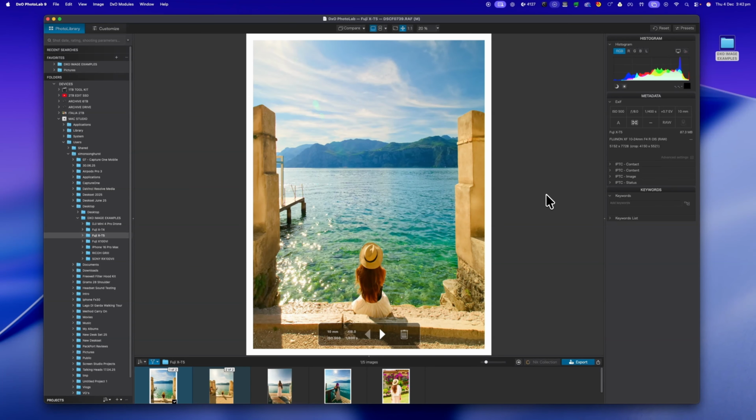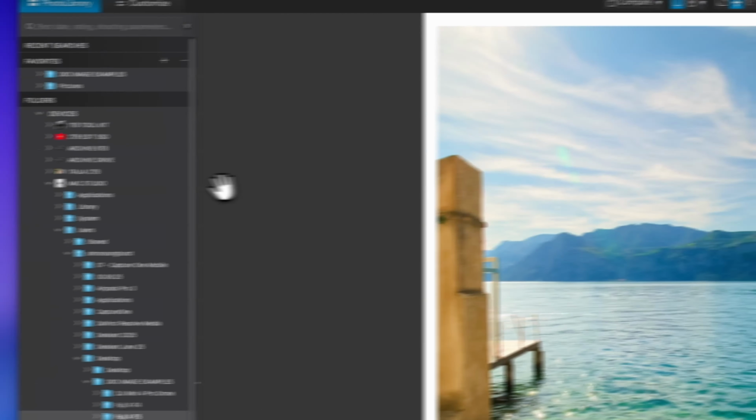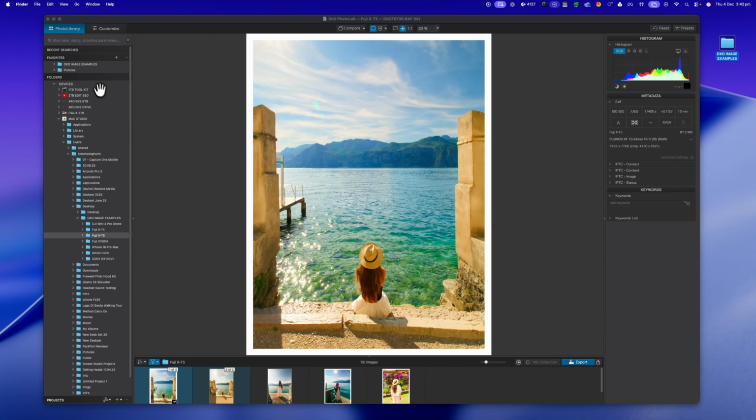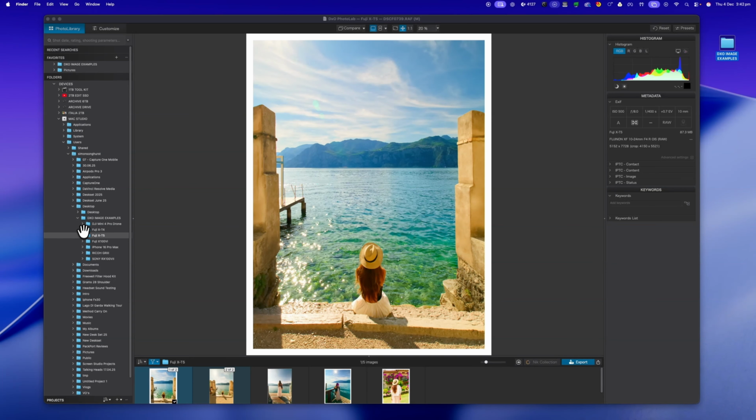Now, right, you need to get some images inside Photolab to begin. So the way you do this is, I have some example images, as you can see to the side here, on my desktop. And what I want to do is locate it in the folders tree. So if you go to devices, go to your computer, and then unpack your folder tree, find your desktop, as I have. So there's my DXO image examples, and that's the folder there that I've got these Fuji XT5